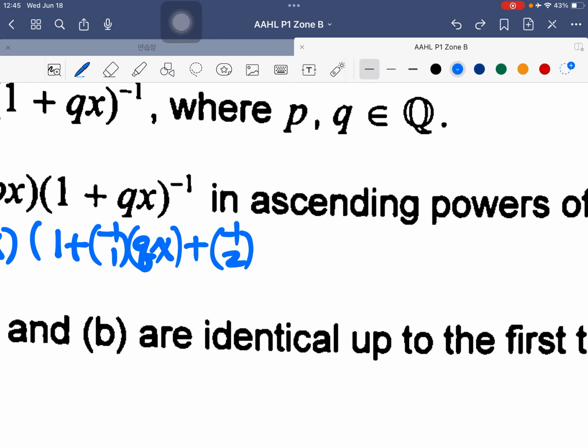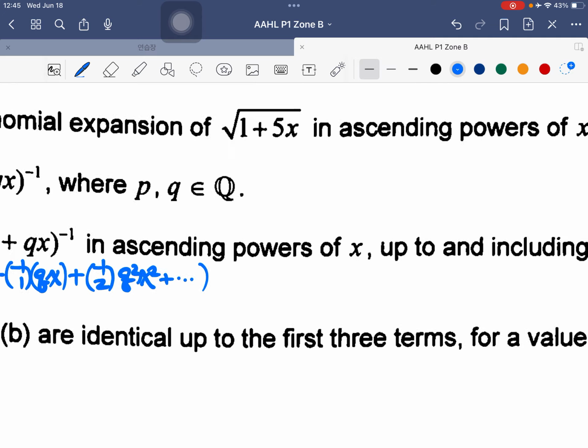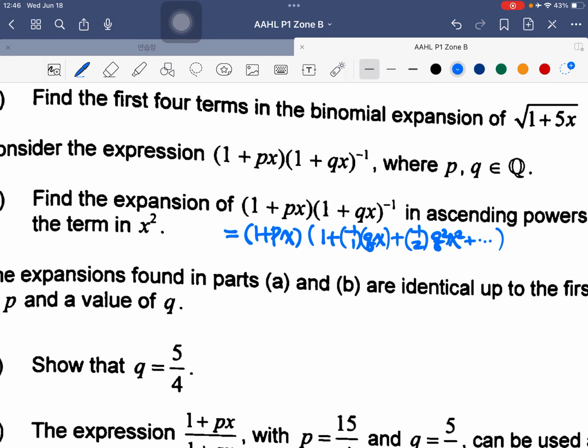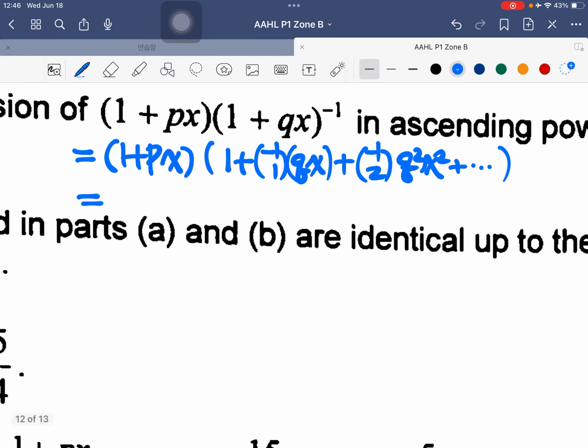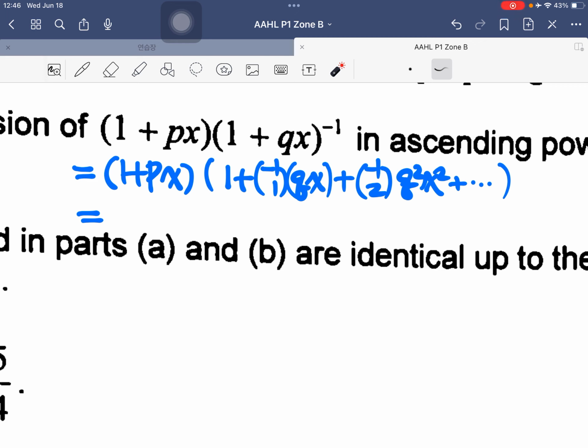So it's going to be q squared x squared, because only x squared we need. So this one we have 1 times 1 is 1, plus minus,